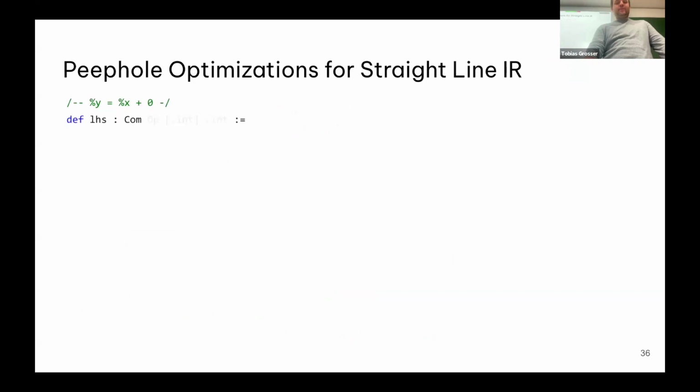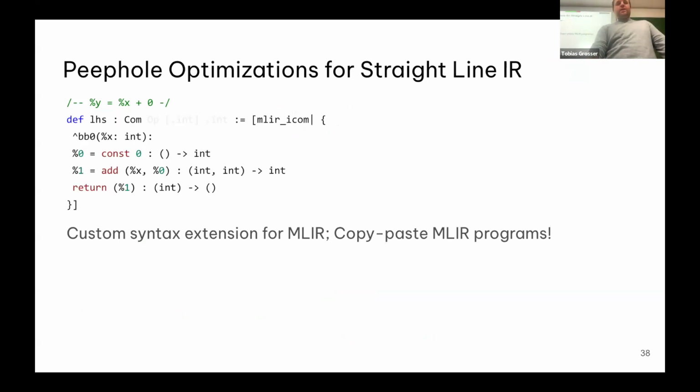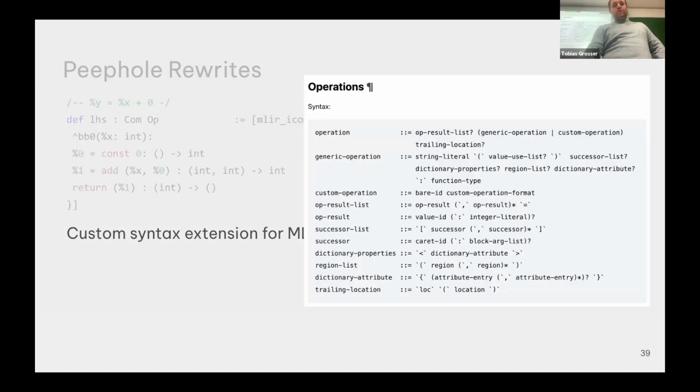Yeah. And then to model Alive, we went a little bit overboard in Lean and wrote a full parser of MLIR, or like a 95% parser of MLIR. So you can take whatever code we have in our compiler world, copy paste it into Lean, and there's a lot of metaprogramming behind the scenes that pretty much turns that into a proof application. The syntax of MLIR is not particularly complicated, but it has a long tail of special cases. So yeah, we don't support the full